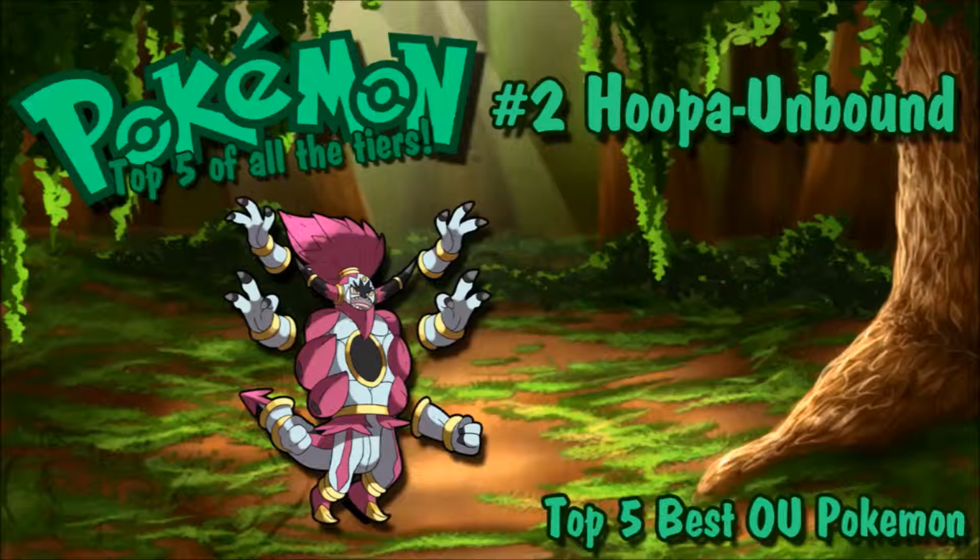And you won't see a lot of usage on Magician. But it has a 160 base attack and a 170 base special attack. That's insane, guys. Those are some really, really insane stats. It also has a 130 base special defense stat, which is really neat, but the only downside to Hoopa Unbound is that it has a 60